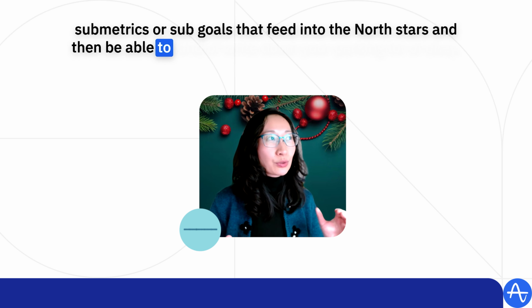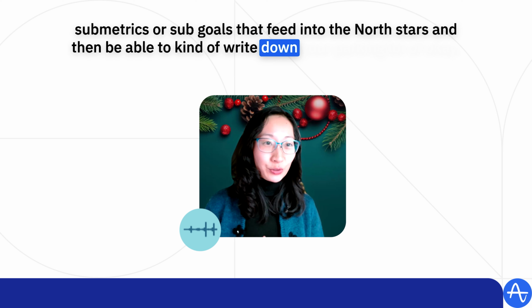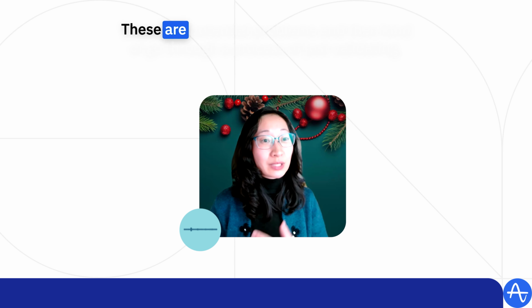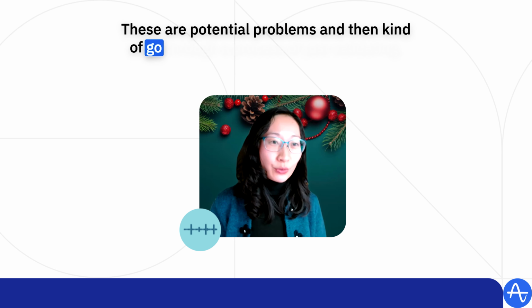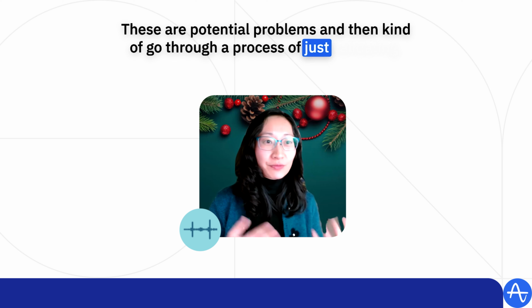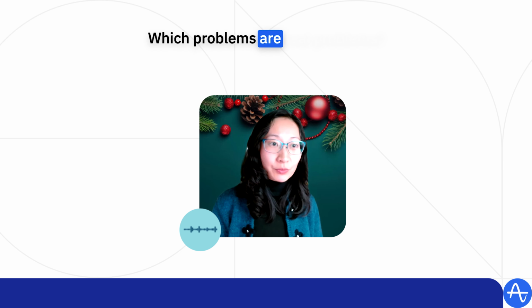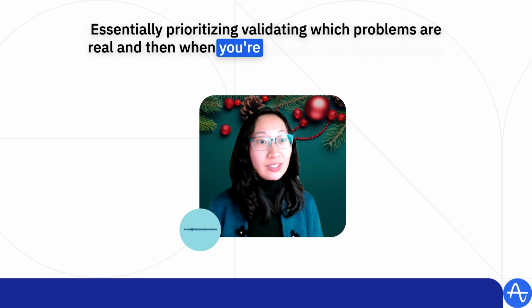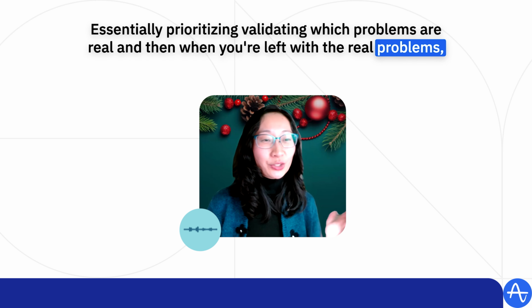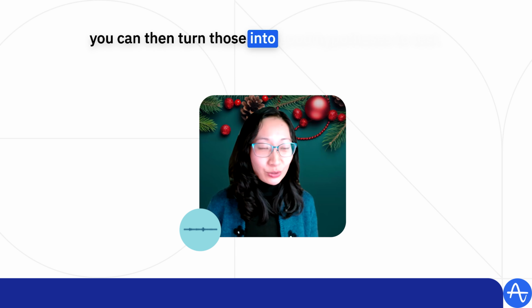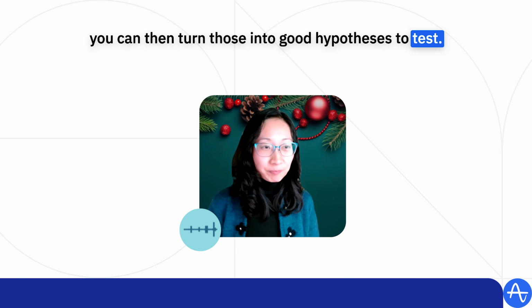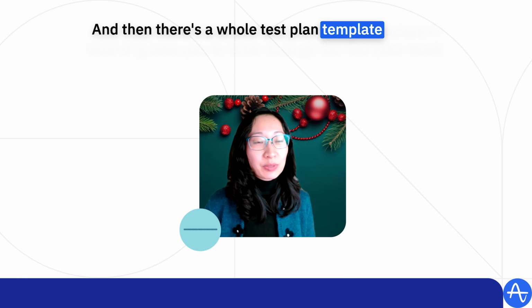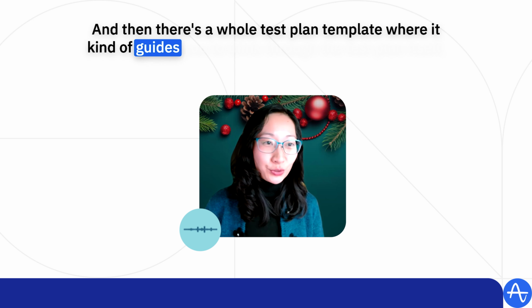And then be able to write down your parking lot of, okay, these are potential problems. And then go through a process of validating which problems are real problems, essentially prioritizing and validating which problems are real. And then when you're left with the real problems, you can then turn those into good hypotheses to test. And then there's a whole test plan template where it guides you to think through